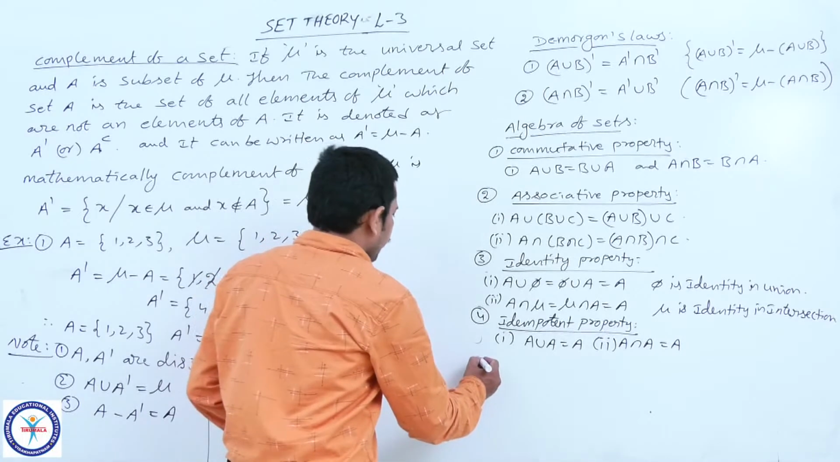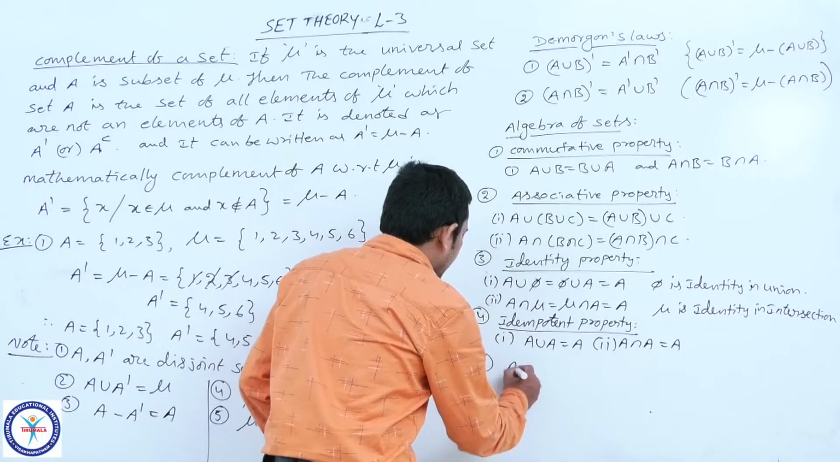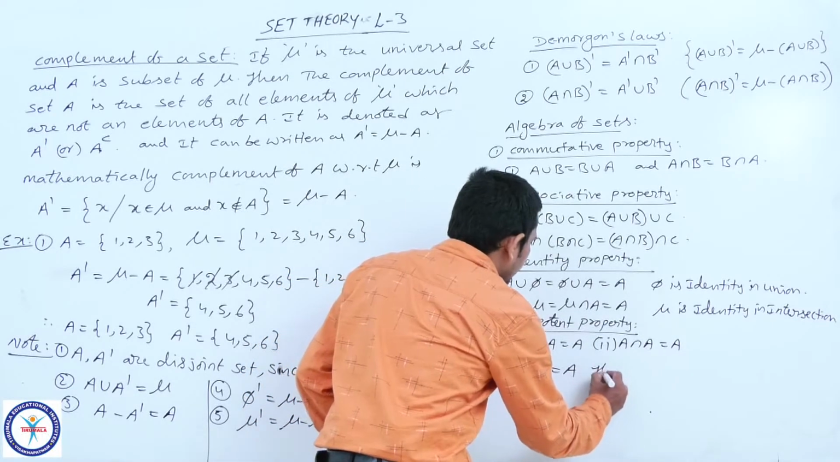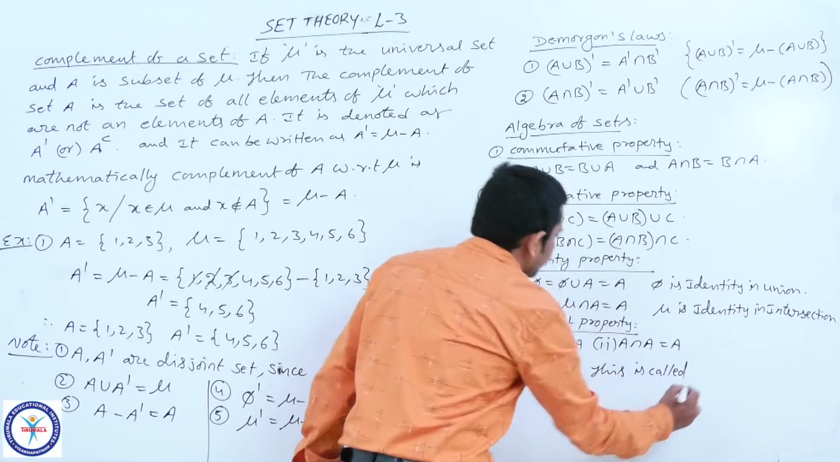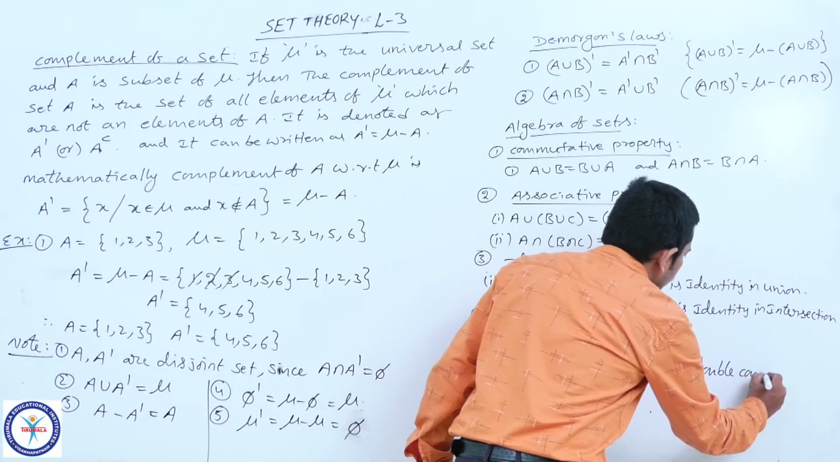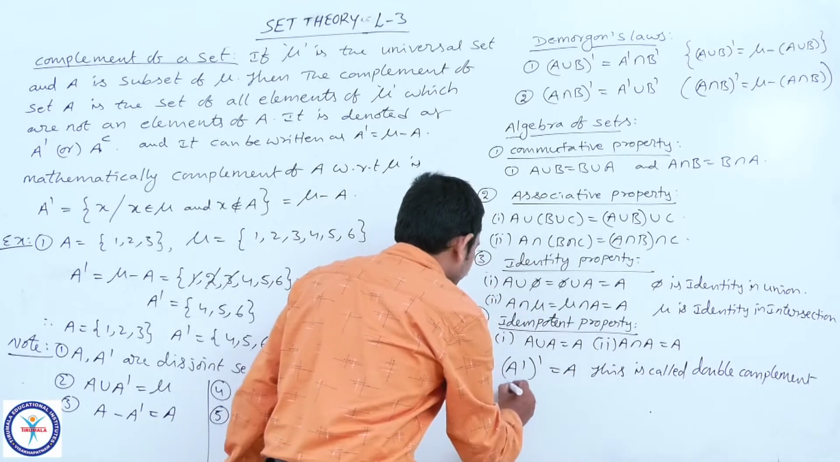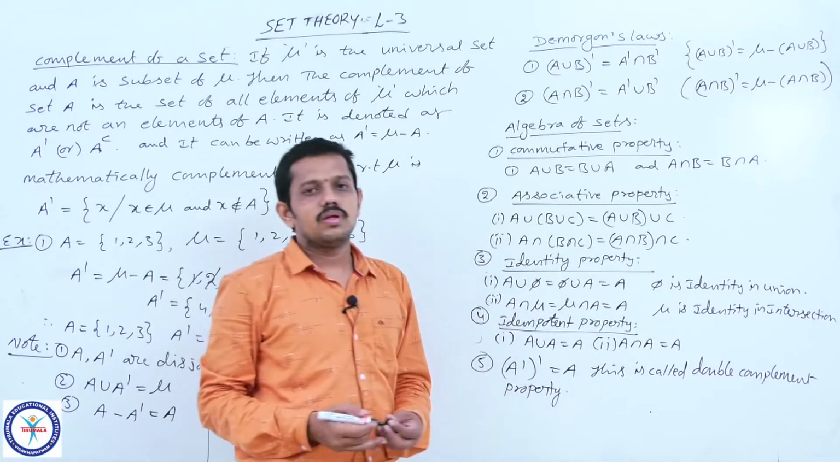So now here is the double complement property. A complement whole complement is equal to A. This is called the double complement property. Now